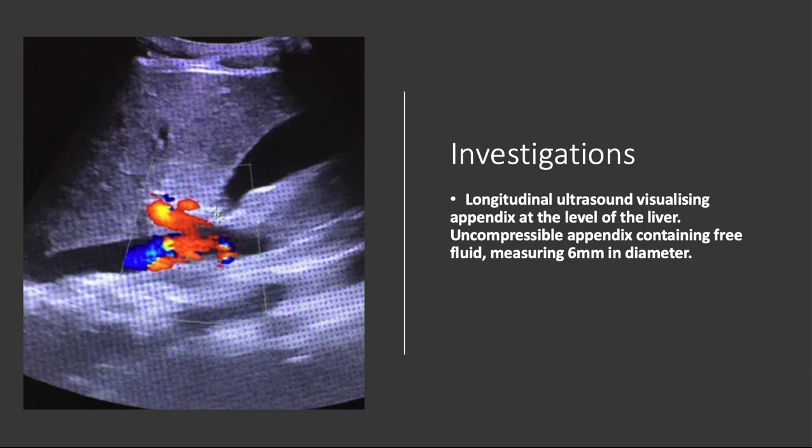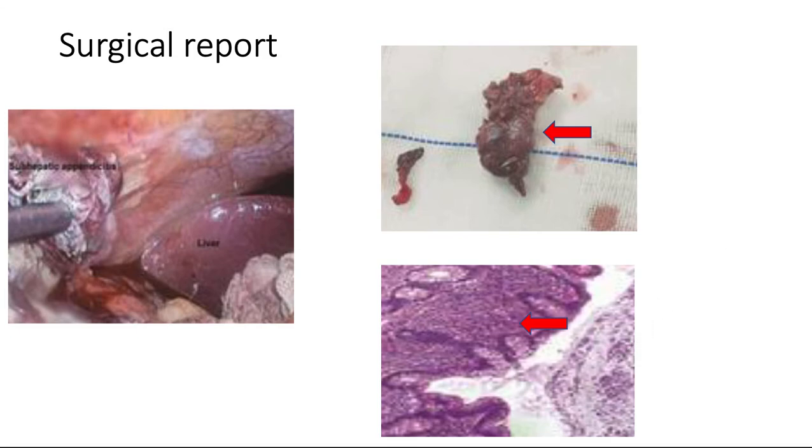A key point to note is that the location of the appendix was a variant of the anatomical norm. It was visualized at the level of the right liver, indicating a subhepatically located appendix. This finding revised the diagnosis to subhepatic appendicitis. A surgical report included the following: a laparoscopic appendectomy was performed